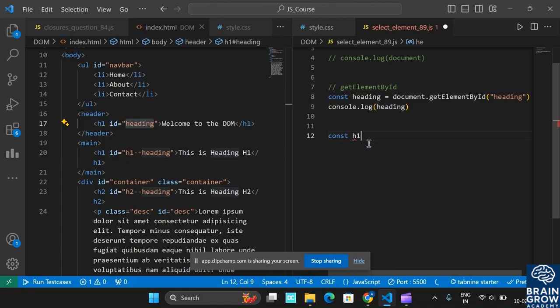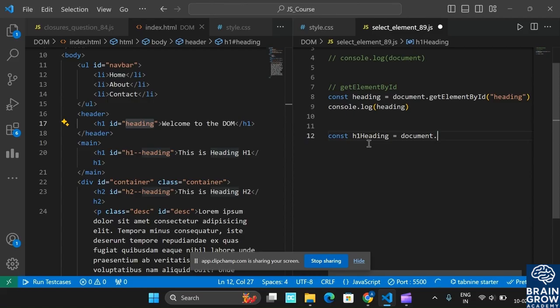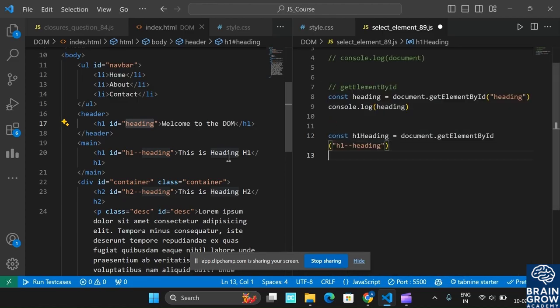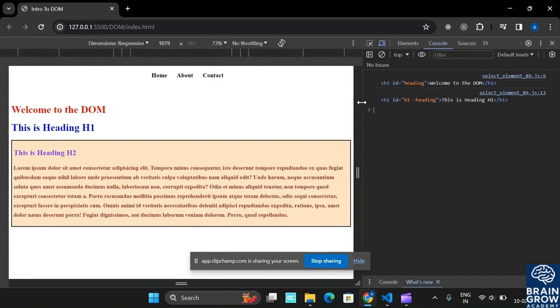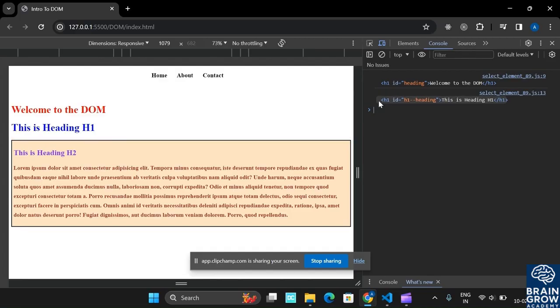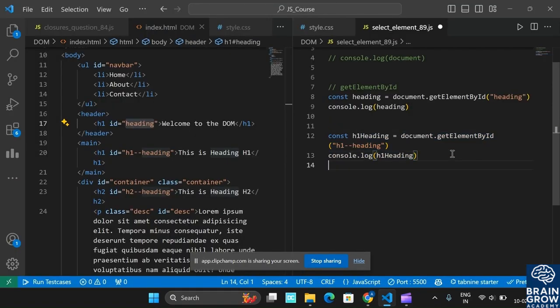So h1 heading is equal to, using document.getElementById, and pass here the id h1 heading, and let's say console h1 heading. Now you can see that it also fetched the h1 heading. This is heading h1, and another method